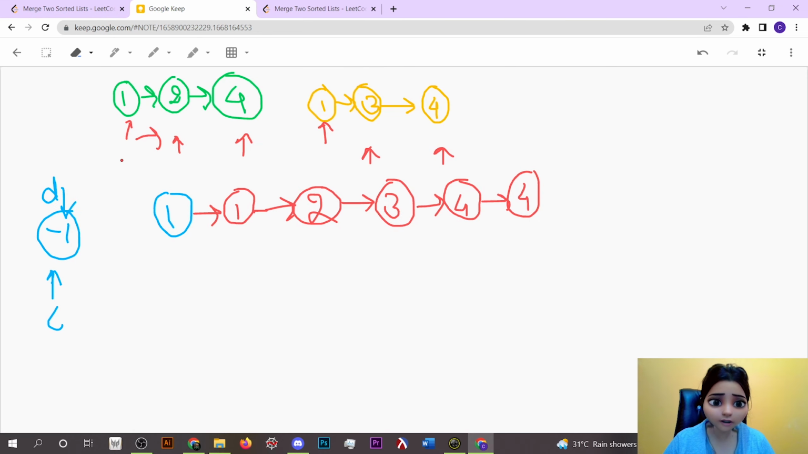We use two pointers. So let's say this one is h1, this one is h2. Firstly h1 is pointing to the head of the first linked list, h2 is pointing to the head of the second linked list. So what we do, we just check the value of both the elements. So if h1 value is less than h2 value, then what we do, we just